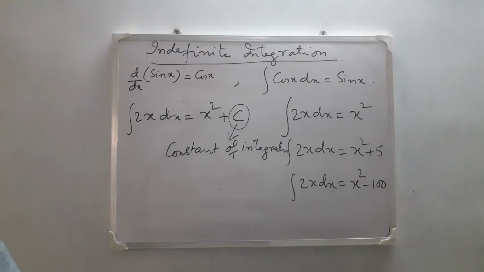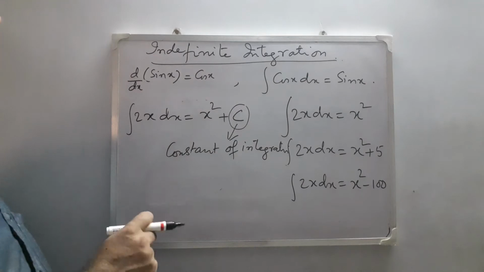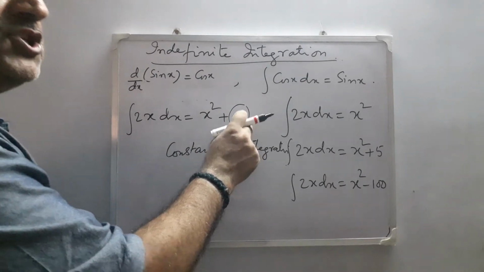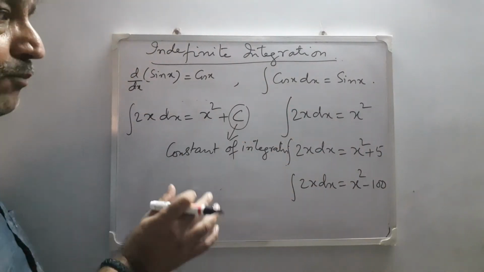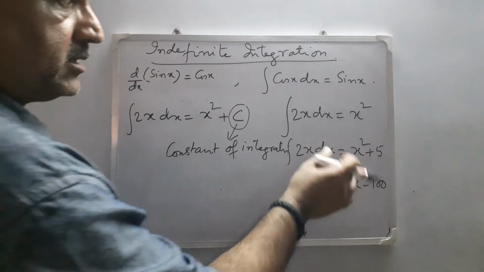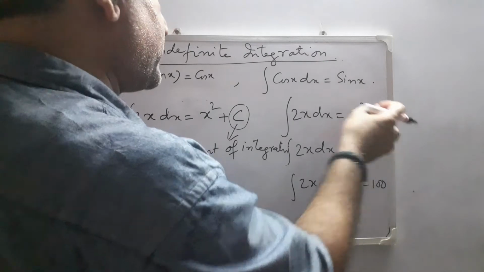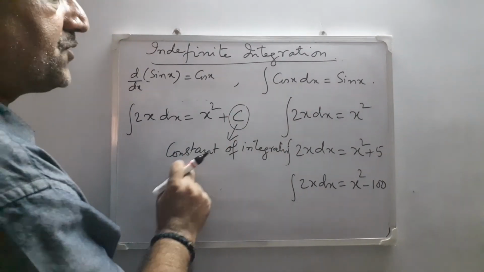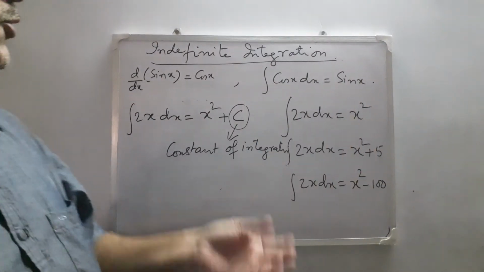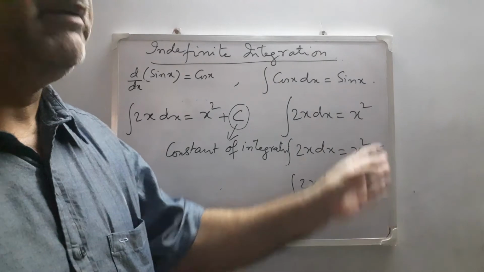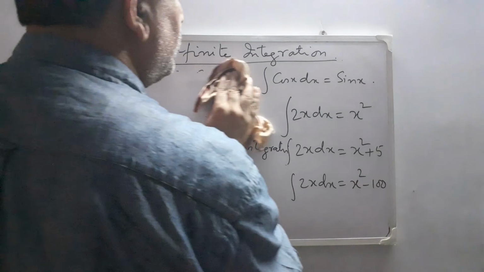So whenever you are trying to integrate any function, always write plus c, because this plus c is the constant which disappears when we differentiate any function. So it is not possible for us to write that fixed constant value after integration. That's why we have written c, and this c is the constant of integration. It is arbitrary in nature, meaning it depends on the problem. You can take c as any value. It may be 0, it may be plus 5, it may be minus 100. Now boys, let us move forward.